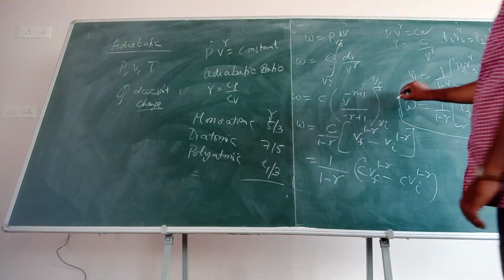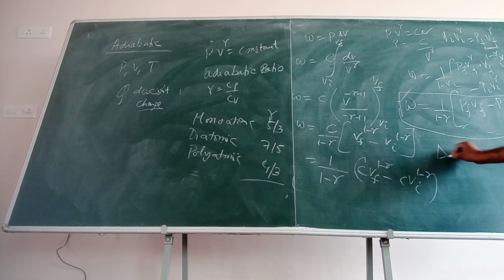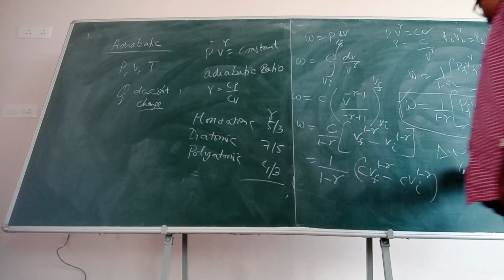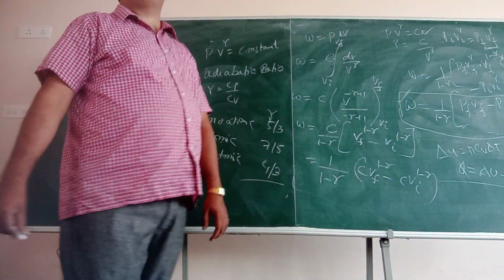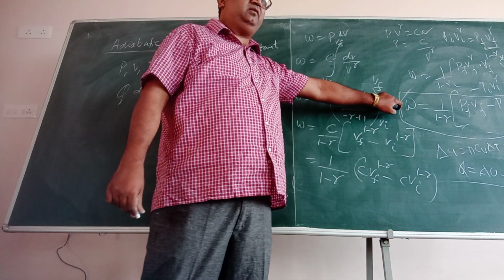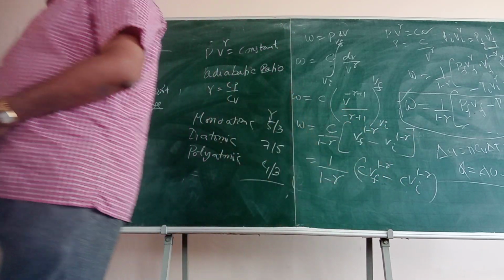See, you have followed the work done. Basically, we want to calculate Q and delta U also. Delta U, same formula. Delta U will be mCV delta T. Alright? If they ask you what is the heat supplied in the adiabatic process, it is a little lengthy. You have to calculate the work, you have to calculate the internal energy change, add them, and you get the value of Q. This is a little lengthy compared with the other things. You have to first calculate the work done, calculate the internal energy change, and then add them, you get the heat supplied in the process.